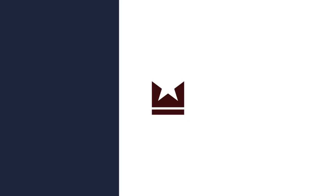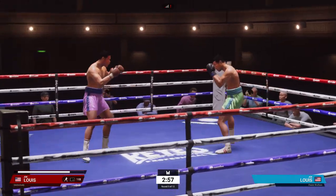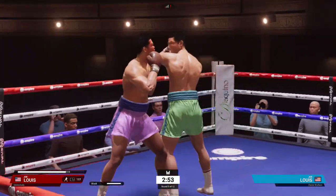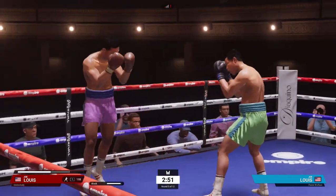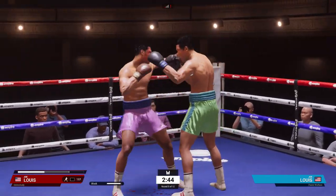Here we go in round 5. Who's going to land the first big shot? Let's see how he bounces back here after getting dropped in the last round. That knockdown we just saw was a heavy knockdown. I'd be very, very surprised if he'll come out fresh as a...